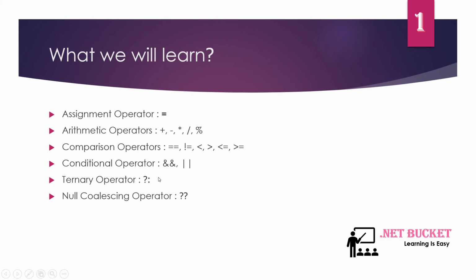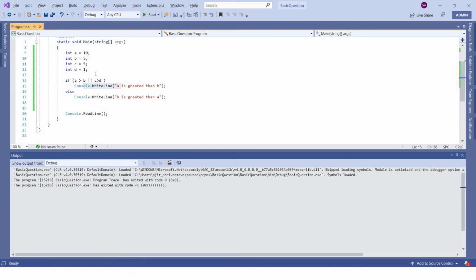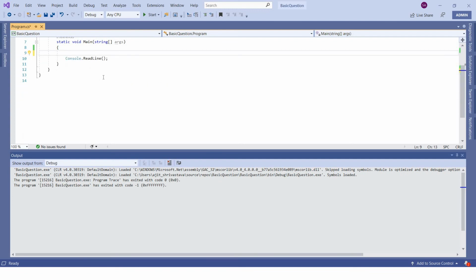Now let's see the ternary operator. What is the ternary operator? Let's delete all this. For the ternary operator, let's have a variable value equals 10. I want to identify whether this value is odd or even.